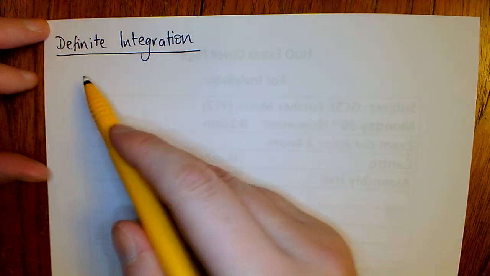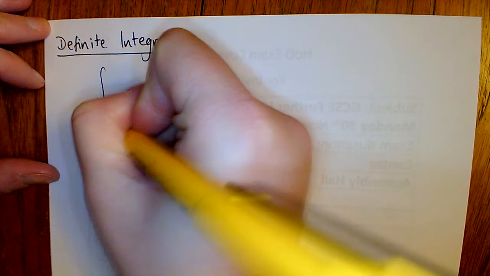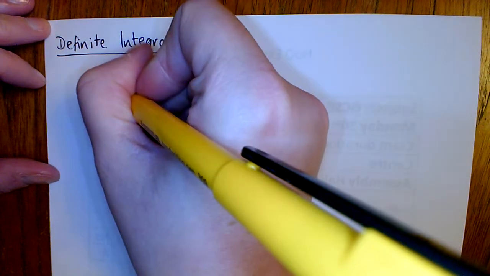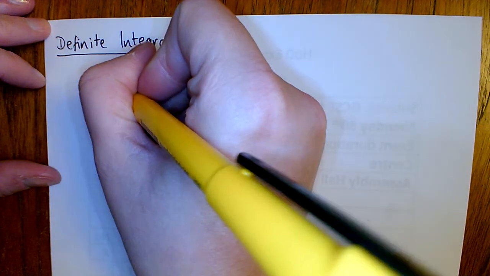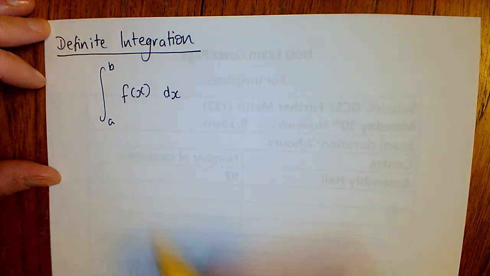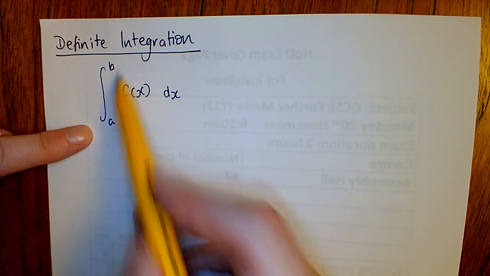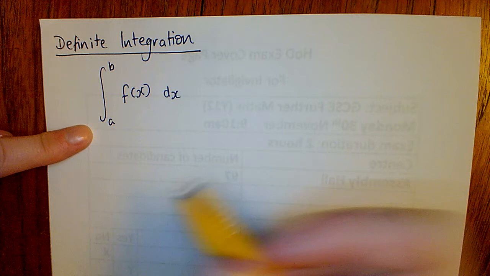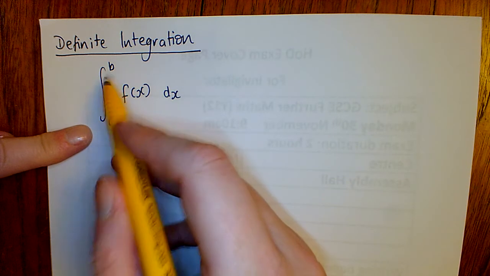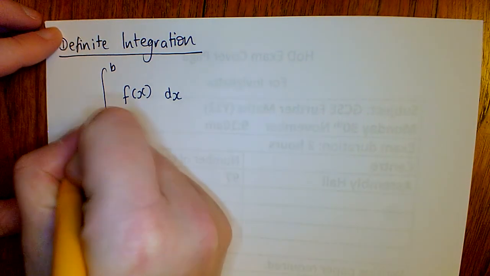Okay, so now we have what's called definite integration. This is where we're integrating some equation with x in it, so it's called a function of x, with respect to x, and it's between these two limits. So there are two numbers, a and b. A is the smaller number, b is the bigger number. Okay, so we're just going to do one example